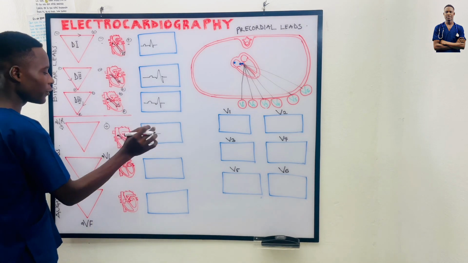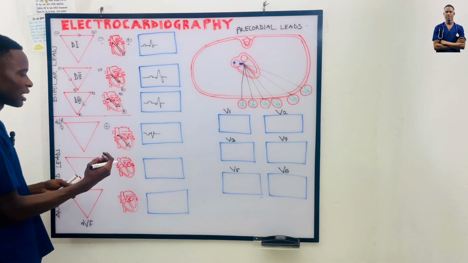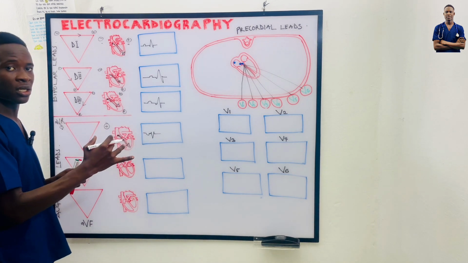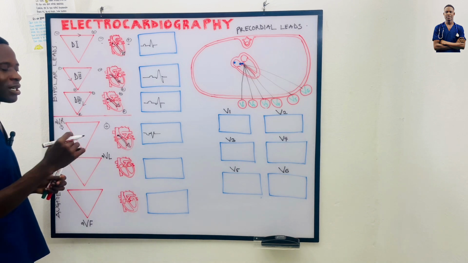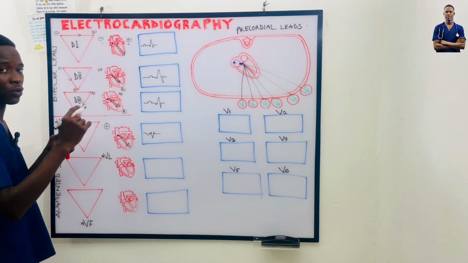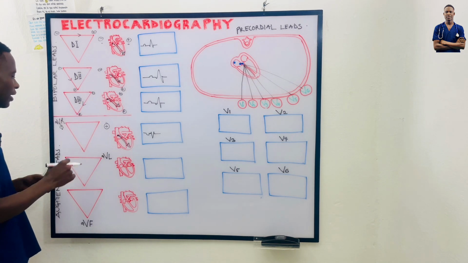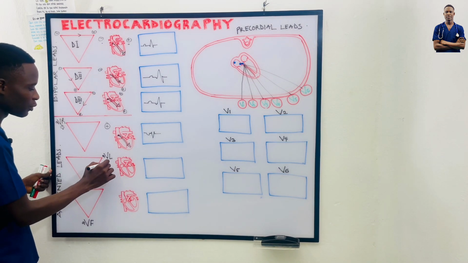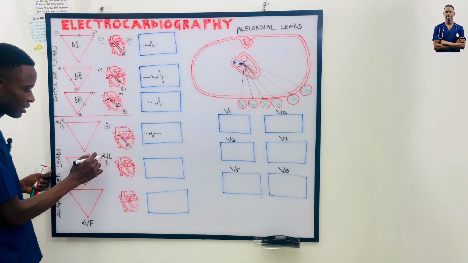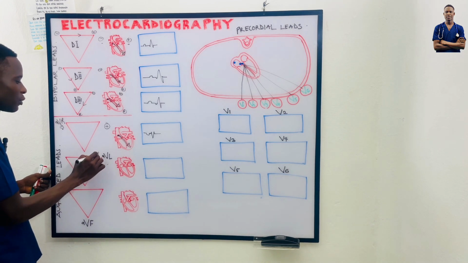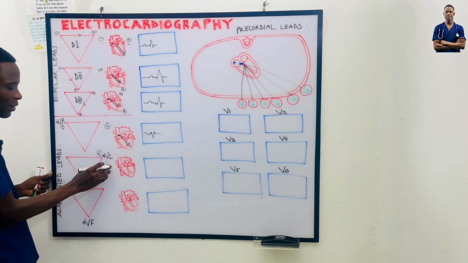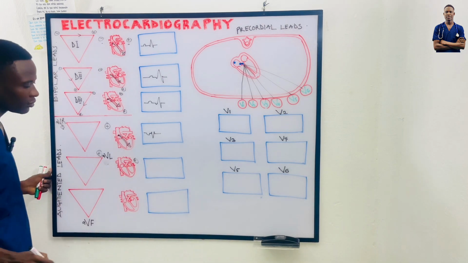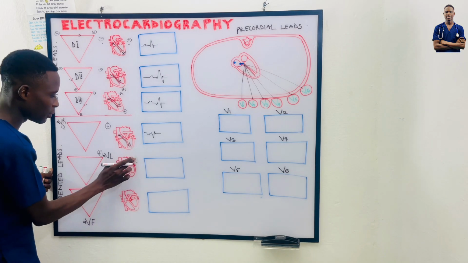Now if you take the reading, you must know that the AVR is giving a negative reading. So if you take it and it's negative, you must consider it as normal. That is a physiological reading of the AVR lead. Now let's come to the AVL. The AVL is having it positive over here. Do you understand? This side, it has it positive over here. So if you take the heart, the positive will go to the left side. The positive will be somewhere here. Do you understand? So as the positive is here,